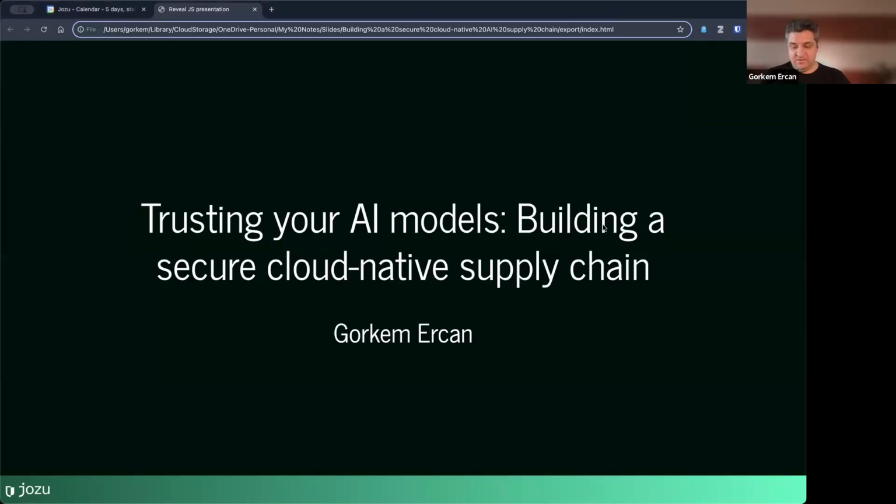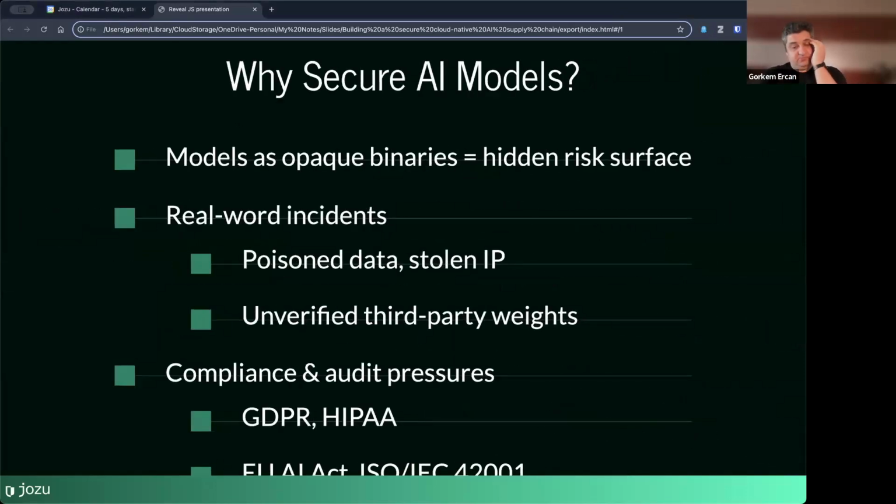So we're going to talk a little bit about why we are doing this, like why secure the AI models. The first reason is, if you think about the AI model, it's actually an opaque binary, right?